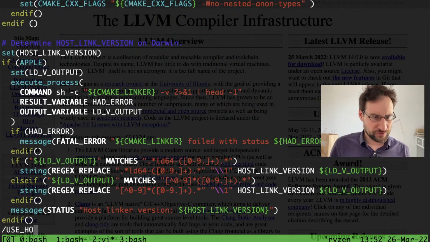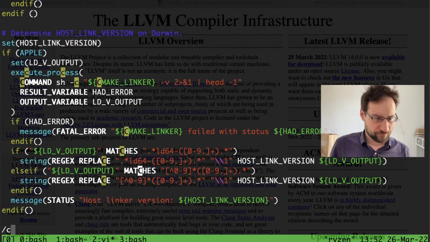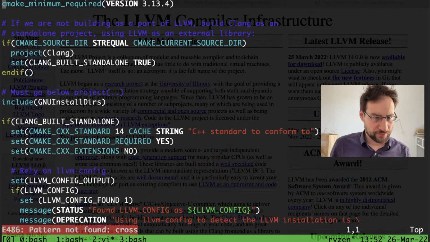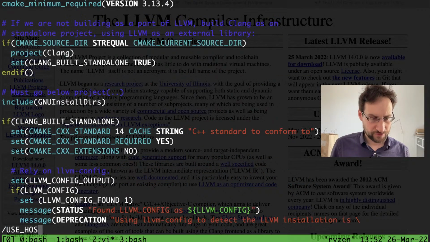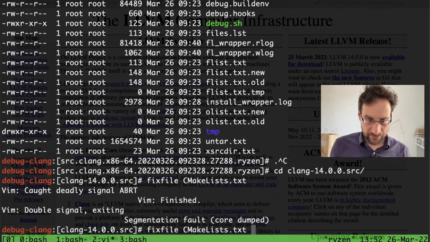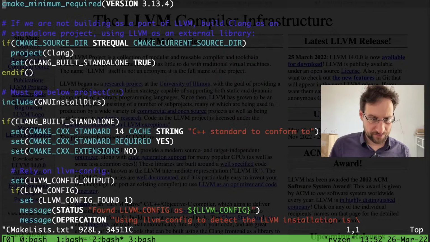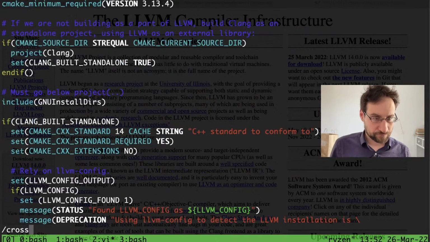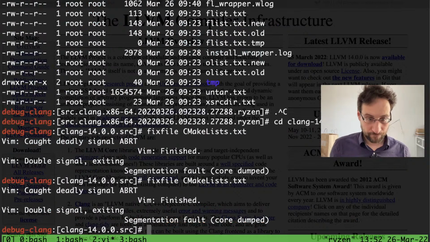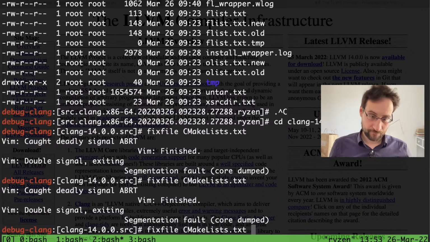Use, what was it, use host. Where is it even? Oh, come on. Use, was it not like use host? Define the right files, you make lists. Where is this crossing? Was it another CMake?